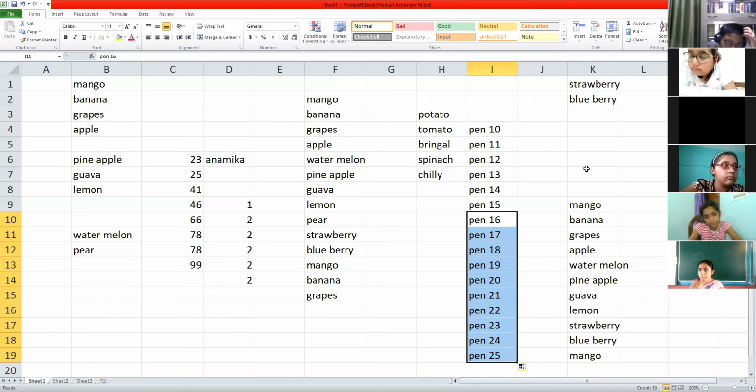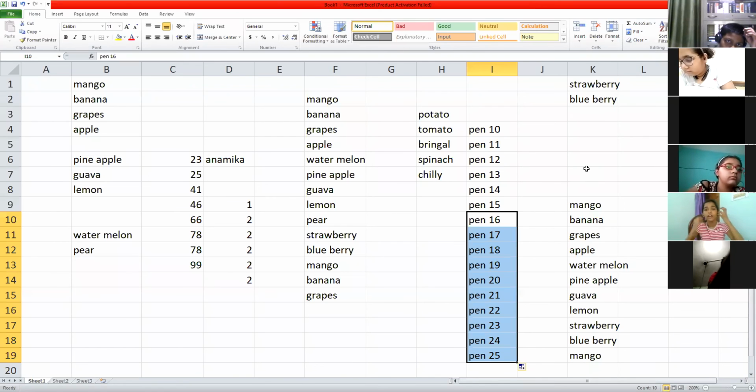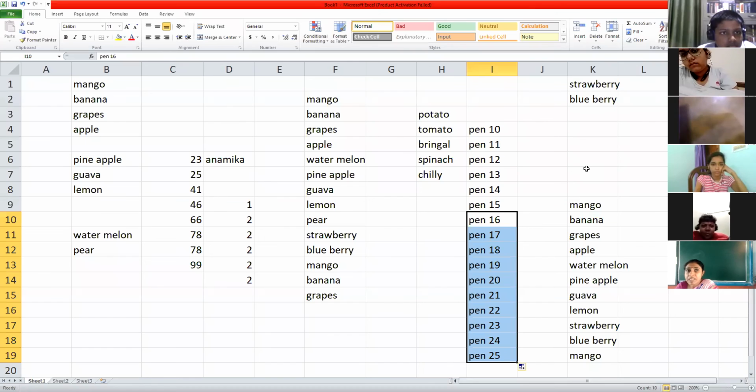Yes, Riddhima? Ma'am, if we go in data, there's one more icon next to data validation, consolidate. What does it do? Data validation means you have decided that in this particular cell, only numbers have to be entered. And if by chance anybody enters any text over there, it will give you a message.